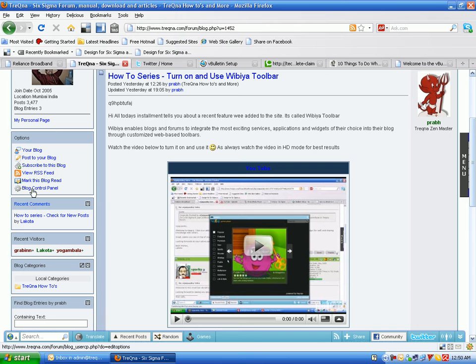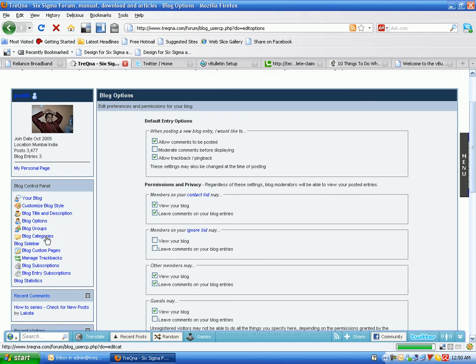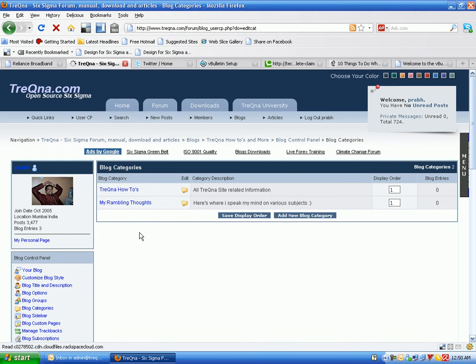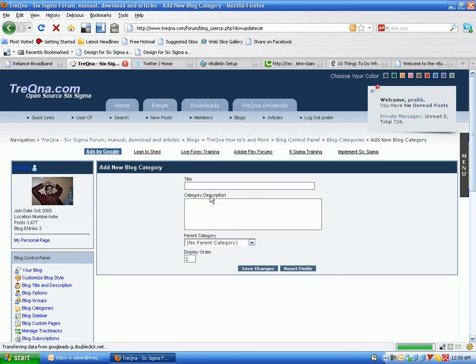So how do we do that? We go into blog control panel here. Alright, and we go into blog categories. So if you look at this here, I have 2 categories created. One is TreQna How To's, one is My Rambling Thoughts. I can create as many categories as I wish by clicking the add new blog category here, and I can